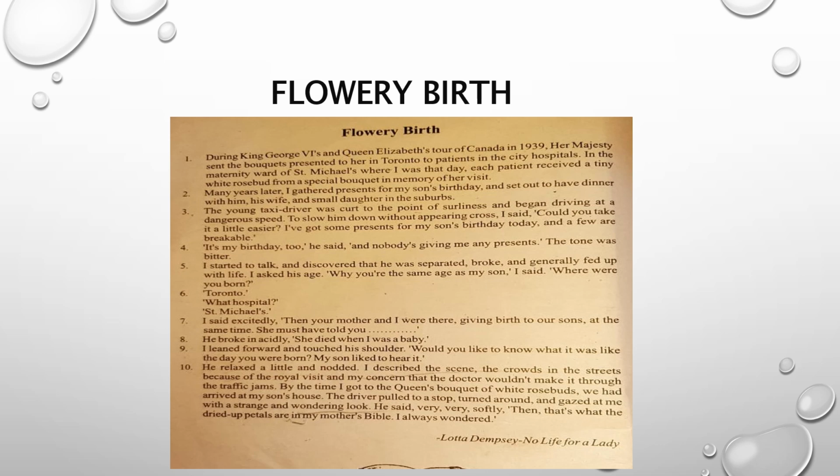The young taxi driver was curt to the point of surliness. Now she needs to take a taxi to go to the suburbs. So she took a taxi, and the taxi driver was very rude and began driving at a very dangerous speed. So to slow him down, the author